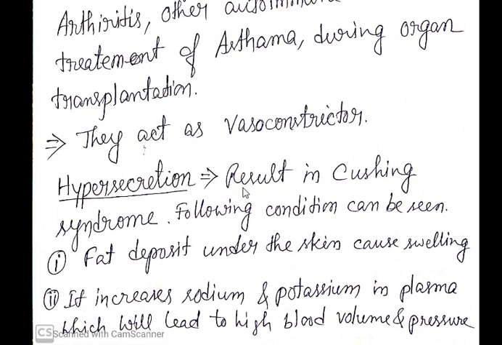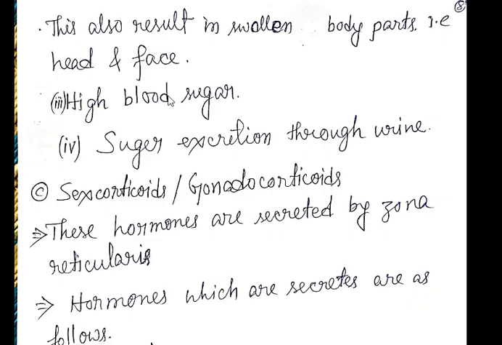Next, what would happen if they are secreted in more quantity? We are going to discuss the hyposecretion here in the case of glucocorticoids, because the functions we have discussed are the normal functions, if it is secreted in the normal quantity. If it secretes less than that quantity, all the things will change and it will go opposite. There is no special disease happening because of that. So we'll discuss only the next part, that is your